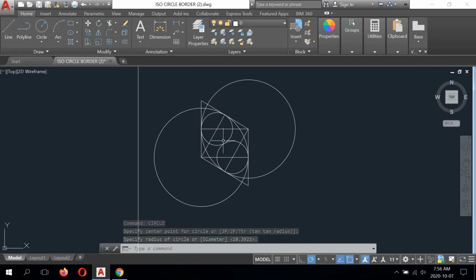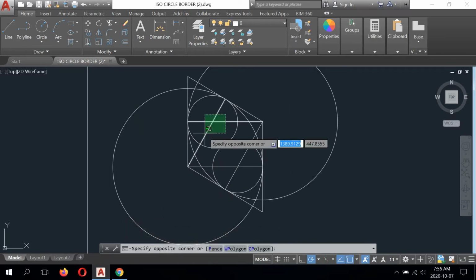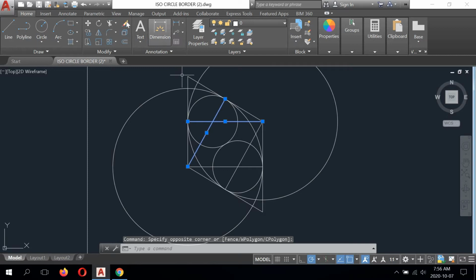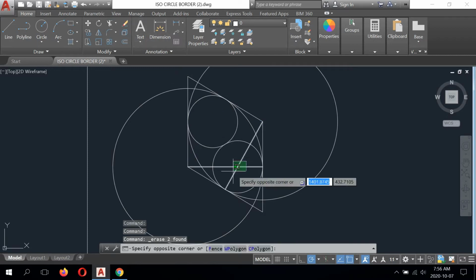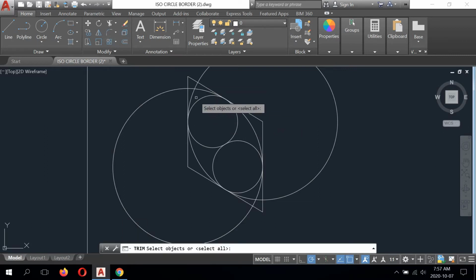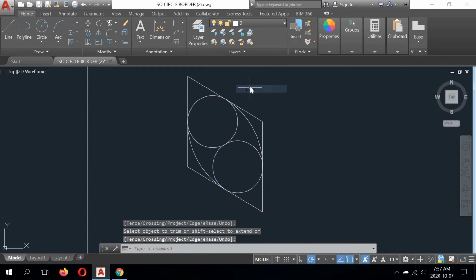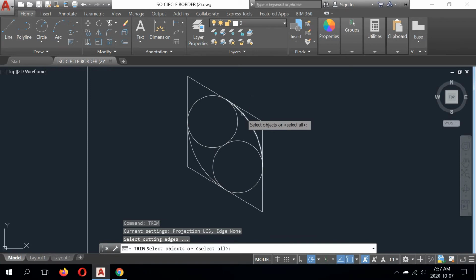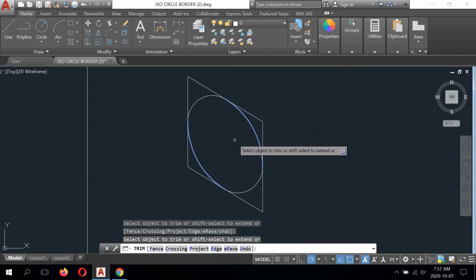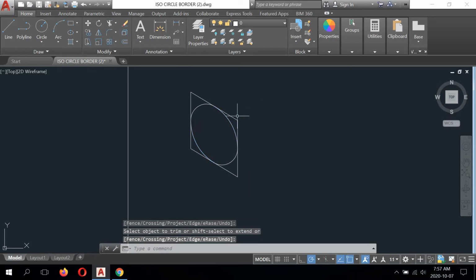It needs to be trimmed quite badly. So these lines here, we can erase them. And then we're going to start trimming. So we're going to select trim. We're going to select these two circles, right click, trim those arcs away, right click, select these two arcs, right click, left click, and trim. And we are left with our